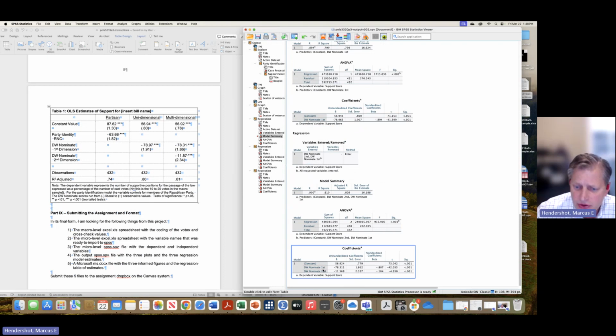And this is going to be our multidimensional model, right? So 56.92, that's going to come from that constant value. 0.78 is going to be the standard error in parentheses underneath. Negative 0.78, 0.31, right up there is going to be found right here. And it is going to have 1.86 underneath it in parentheses. The last one, second dimension, is going to have negative